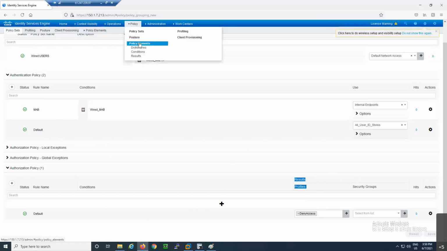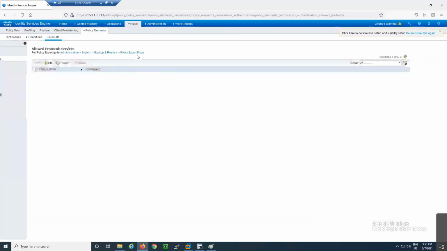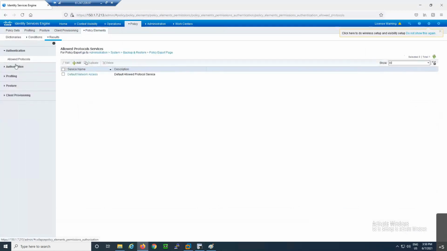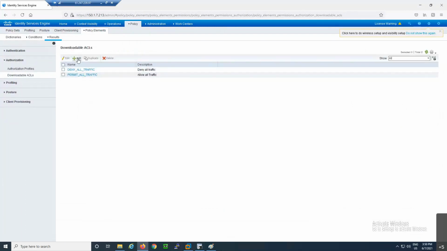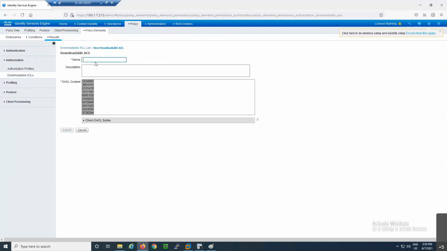So you will go to policy, policy elements and results. Here you need to click on authorization. Let's configure a downloadable ACL for the endpoints. Click on add, and I can give the name MyACL. Okay. And we can create some statements like